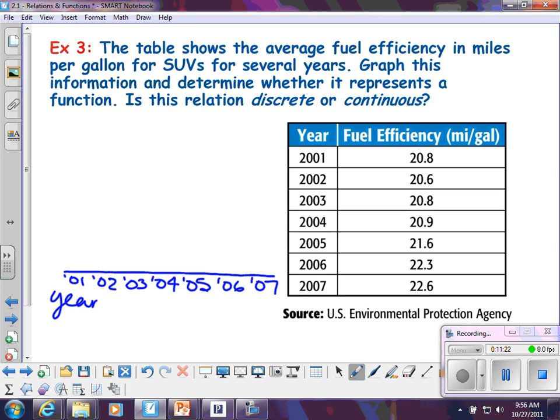Now, do I need to go from 1 all the way to 20 point something? No, why don't I make a break in the graph? Yeah, can I do that? Yes, I can. I can make a break in that graph, can't I? Yes, and I should start with